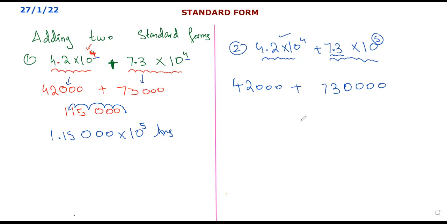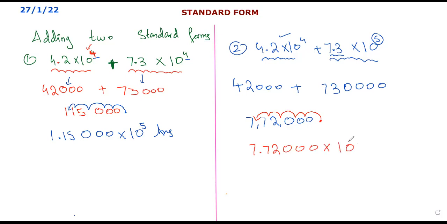7,72,000. Okay, so this would become this, right? Yes. Okay, and now is it in the standard form? No, it is not in the standard form. So we have to move this decimal 1, 2, 3, 4, 5 units to the left side. This means we will get 7.72000 multiplied by 10 to the power